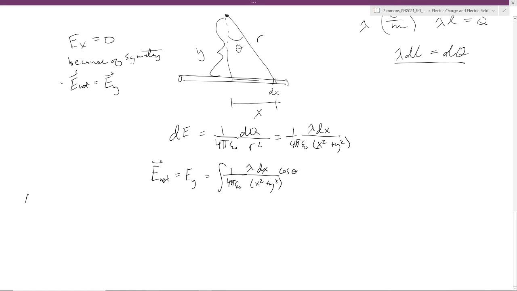So one thing that we could do is note that cosine theta is the same thing as y over r, and r is the square root of x squared plus y squared. So then we could substitute this in,